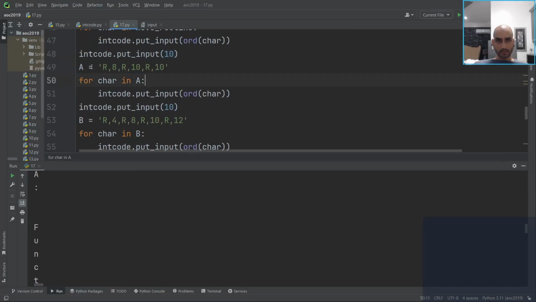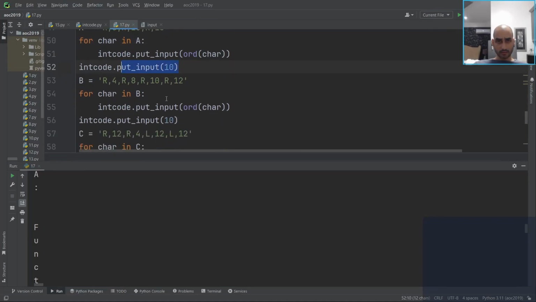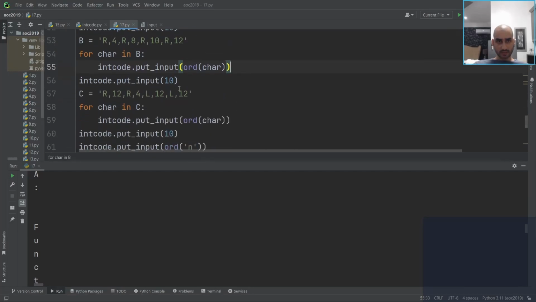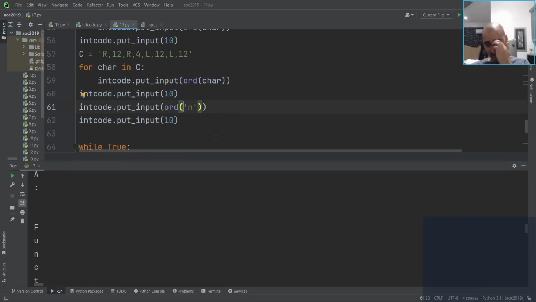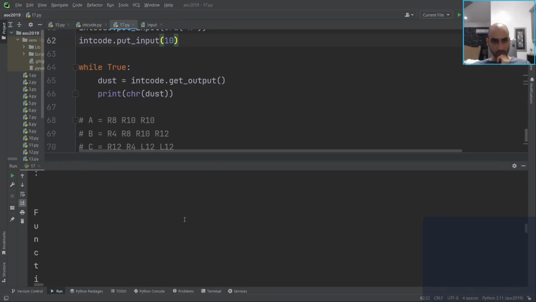Then we put that, then we put 10. That, we put 10. That, we put 10. Then we just put the N character. And we put 10. So